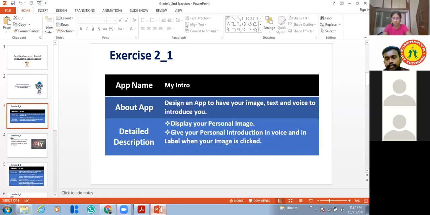And now, Aditya, is it working? Everything properly? Yes, sir. Did you check every image? Yes, sir. Okay, fine, Aditya. So students, you can note down this exercise. Try to understand the question first. It's a self intro app with your image and some information about yourself. What are your favorite things, like that? You can add it in this app.